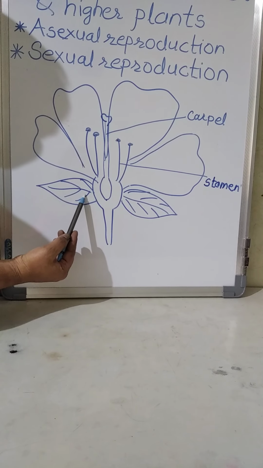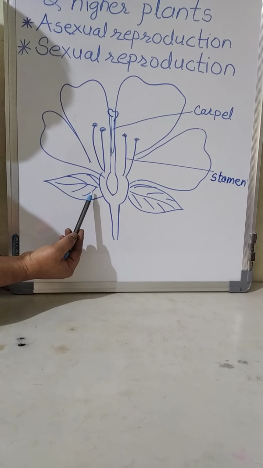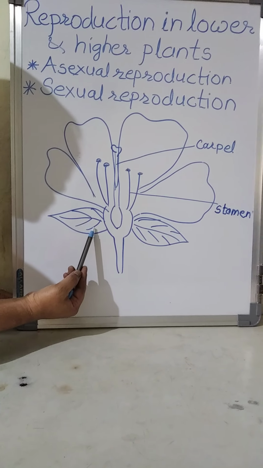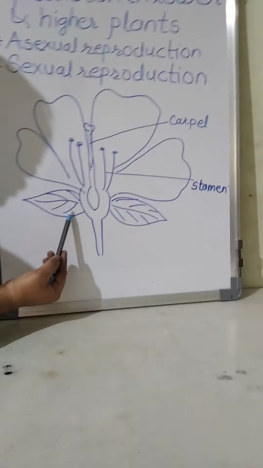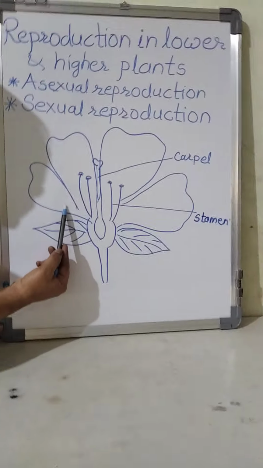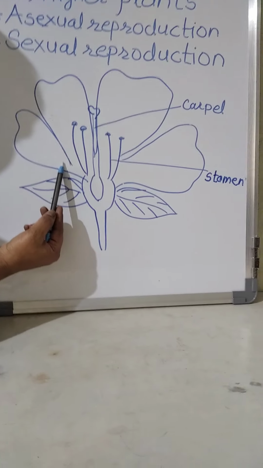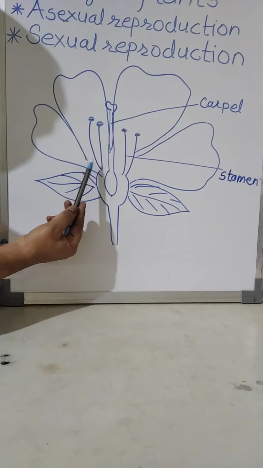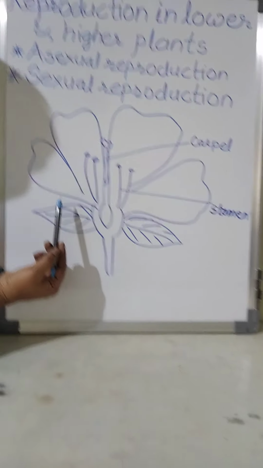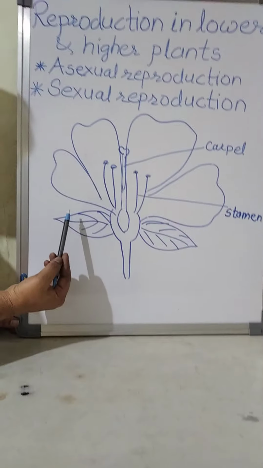In this, calyx, made up of sepals, which are generally green in color and protective in function, is present outside the flower. They may be united or separated. The next whorl, corolla, which is made up of petals, is attractive in color and attracts different pollinating agents. And these petals protect the inside structures. Then the next two whorls, which are important for sexual reproduction, are androecium and gynoecium.